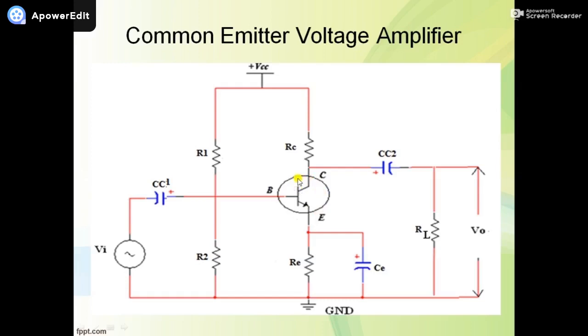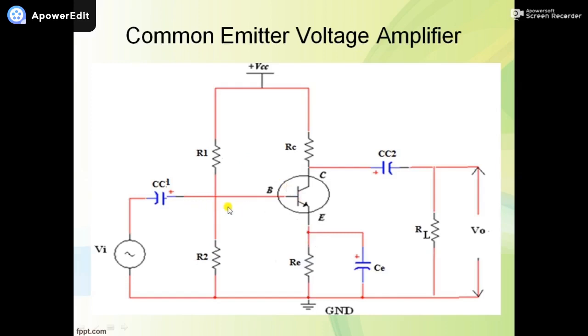Now our aim is to use this common emitter configuration transistor as an amplifier circuit. So at that time, the emitter-base junction is forward biased and the collector-base junction is reverse biased. This is one thing. And the second thing is the operating point of the transistor should be stable or constant in the active region, exactly centered in the active region. It should not move near the saturation region or cutoff region.